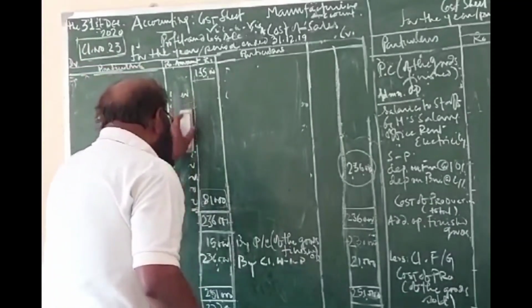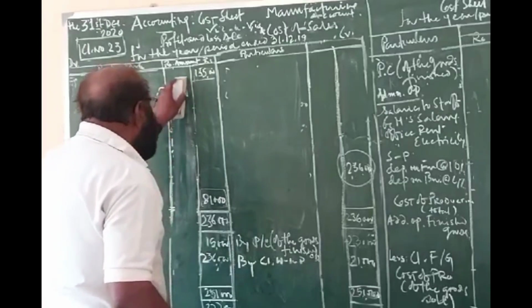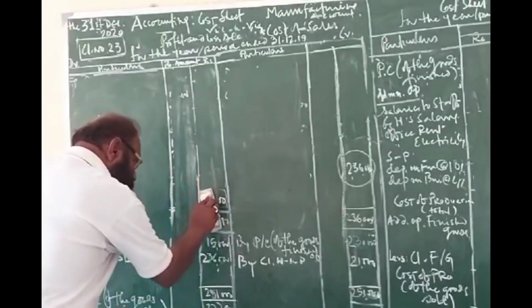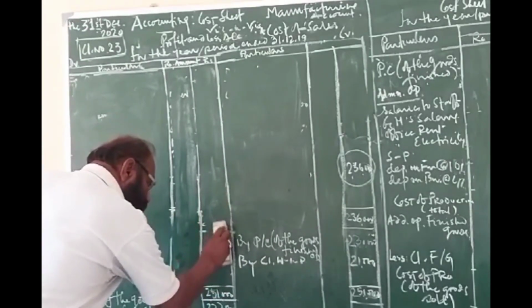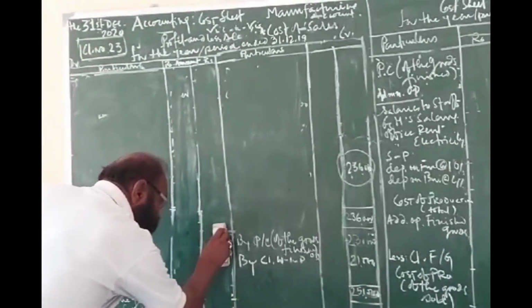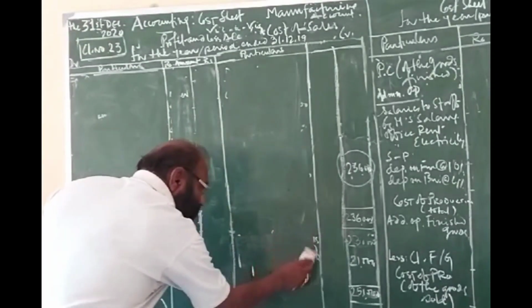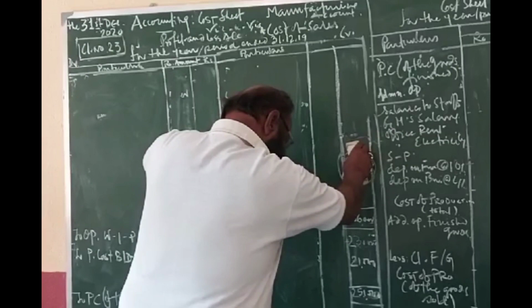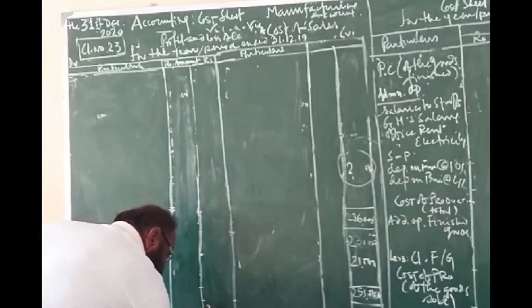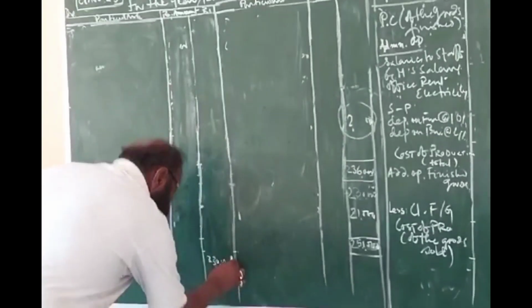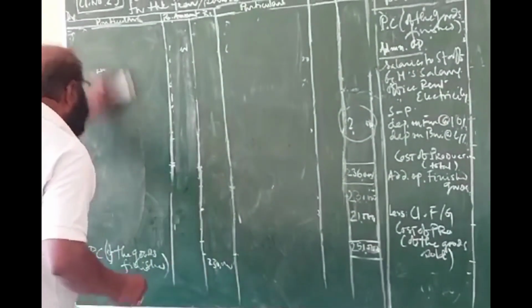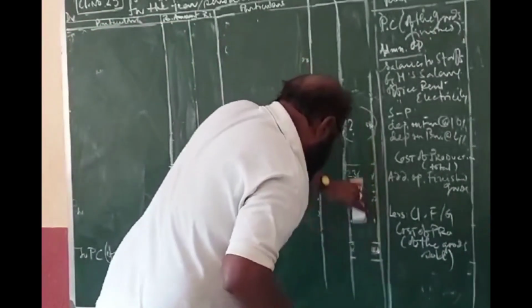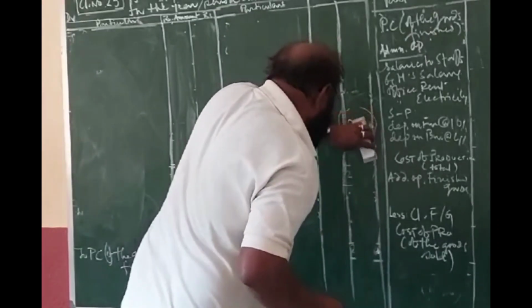I will try to give you some additional important aspects which are basically done in real life. So it is 2,30,000. Now see,